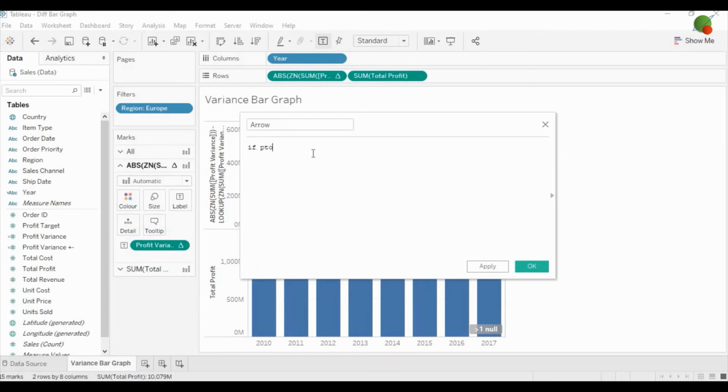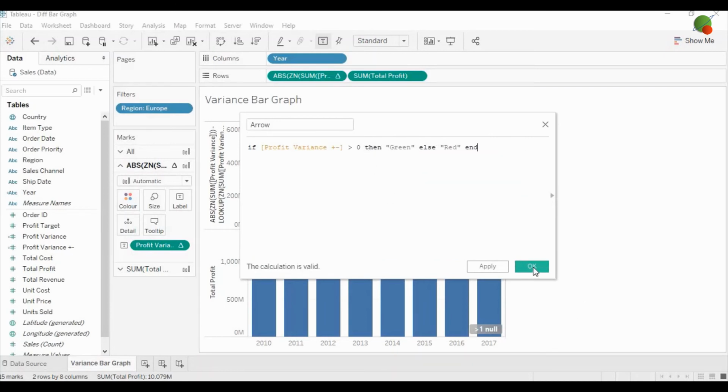If profit variance plus and minus, right, is greater than 0, then it will be green, else it will be red. So here we have created the formula, right?